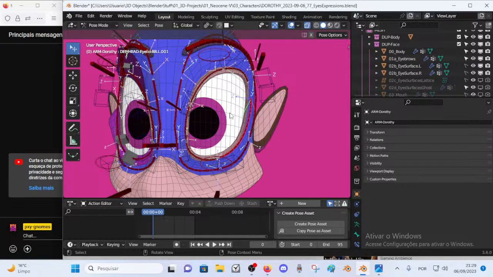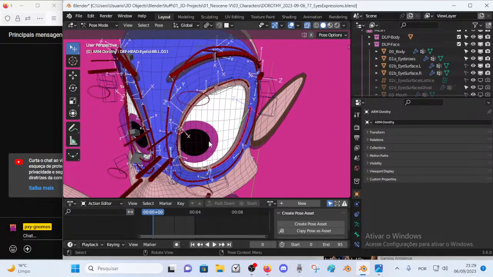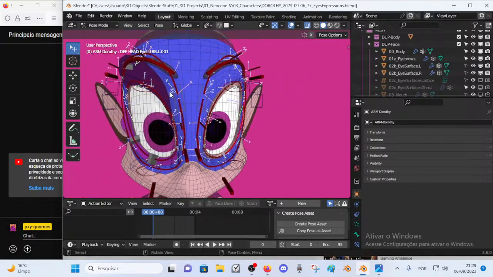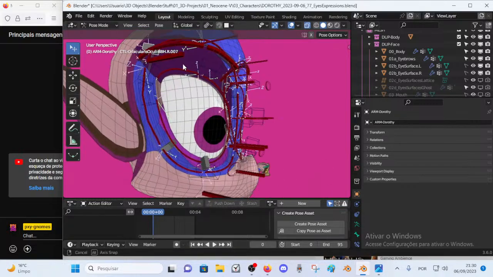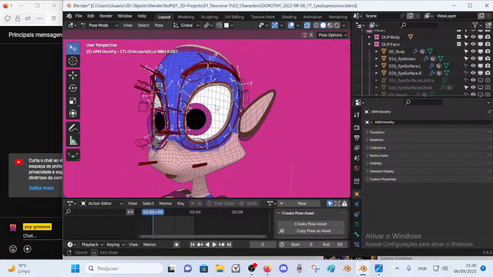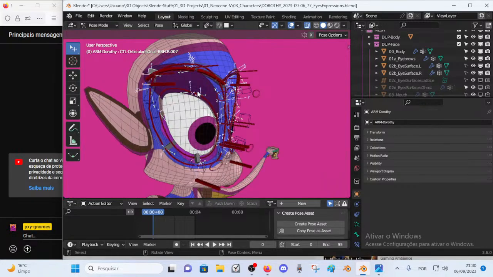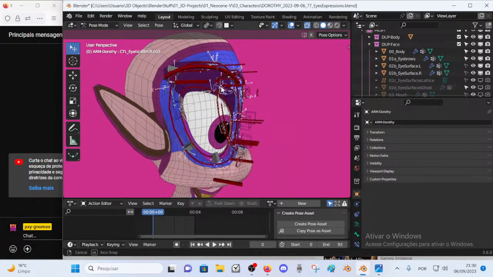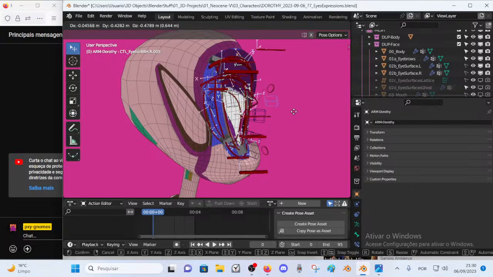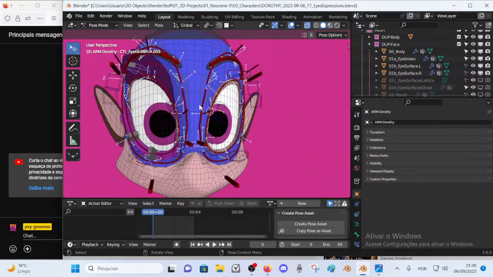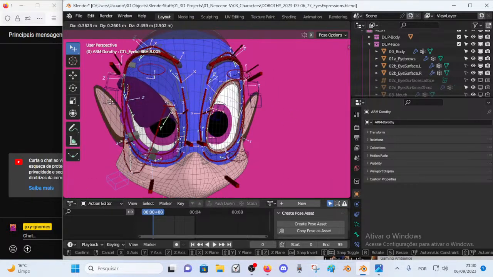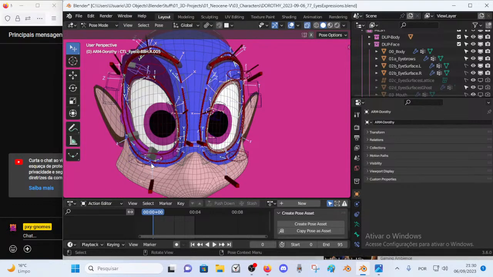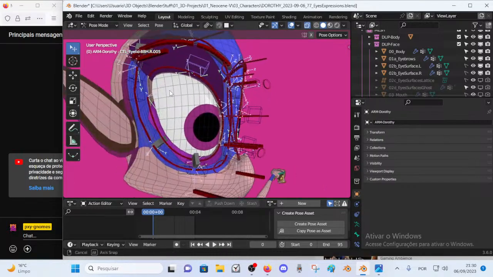So yes, now there's an automation for the eyelash, and this is what got broken, and that is what I need to fix. The idea that you can see in that tutorial that I've mentioned is that here the eyelash mesh is not deforming properly.